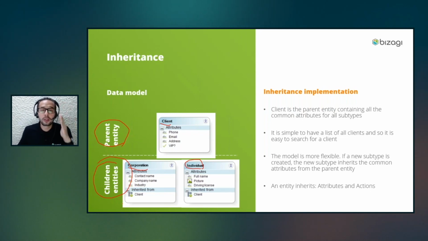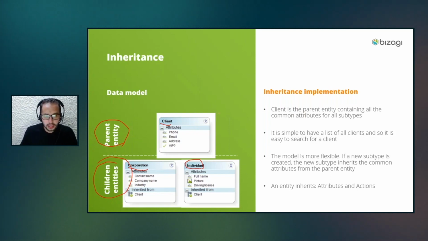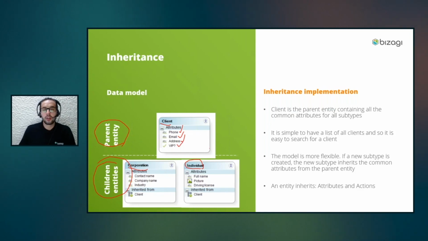At the end, what we need to think about is which is the common information that all my children entities will need. In this quite simple example, I have a client, and for all my clients, independently of whether they are individuals or corporations, I always need a phone number, an email, an address, and whether that customer is a VIP or not. That's common information that I need for all of them. That's it. So I create this entity and I define these attributes. And now I'm going to be able to create